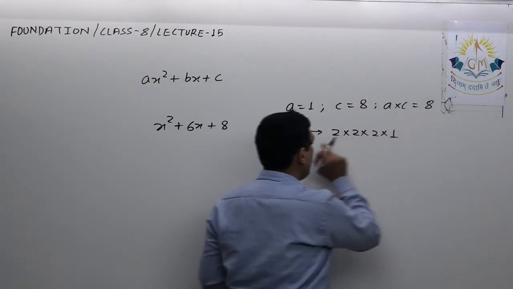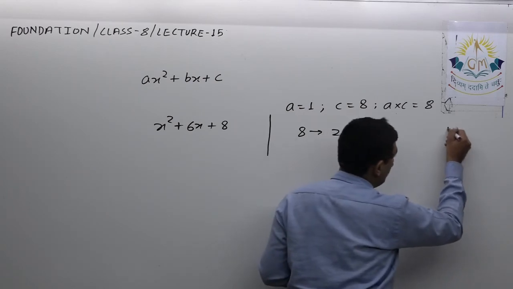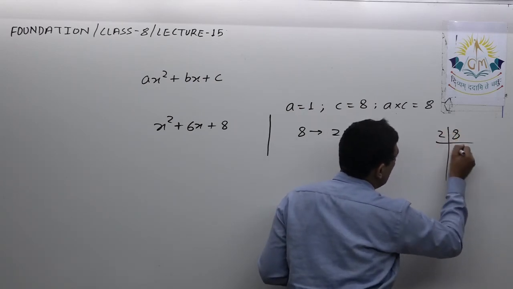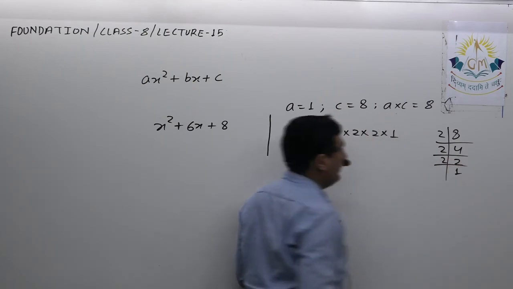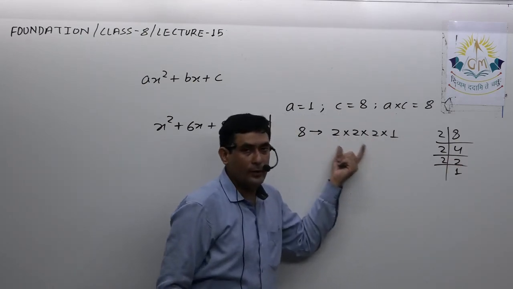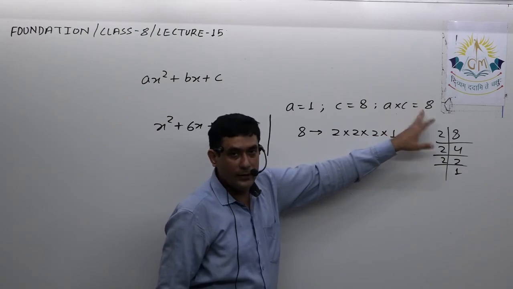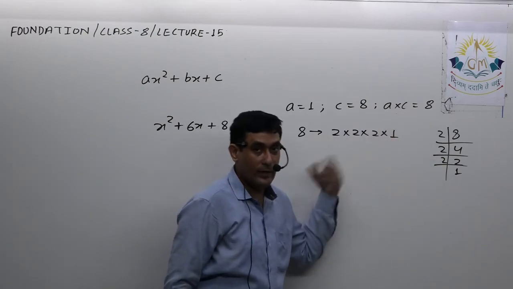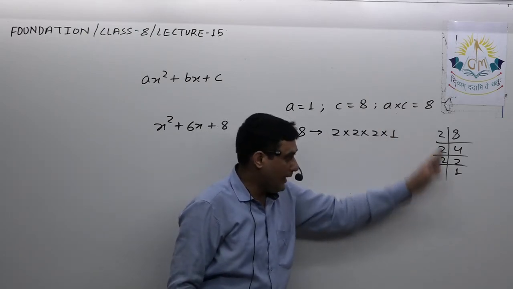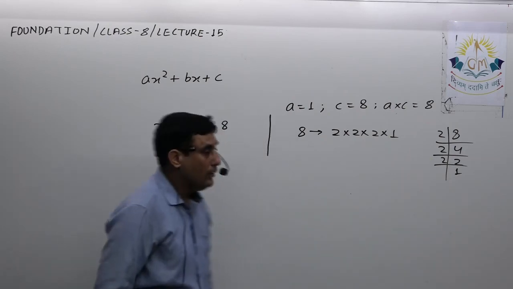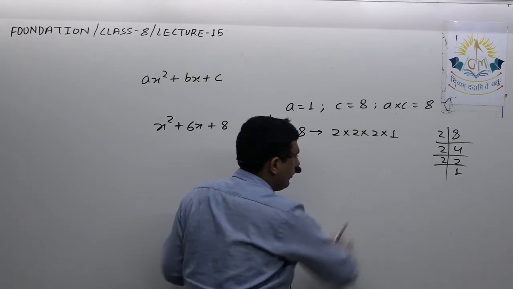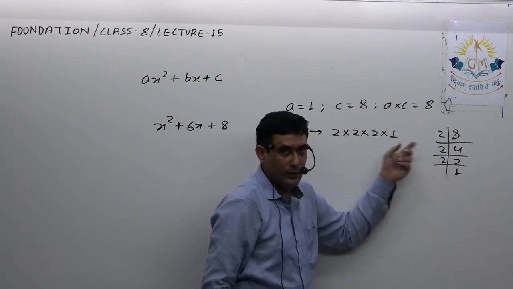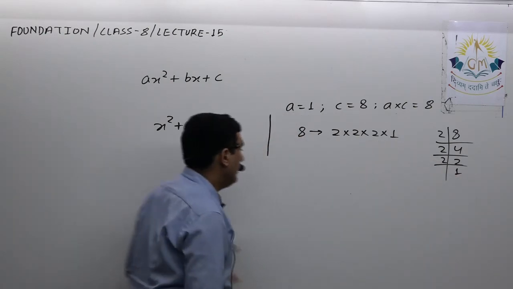If you are able to write the factors directly, fine. Here it was 8, it was easy to write. Might be here you get 118, then you won't be able to write in that way. Even I won't be able to write in that way. I have to follow this method. So you should know how to find the factors, because 1 definitely we will get at the end. 1 is a factor of the given number.